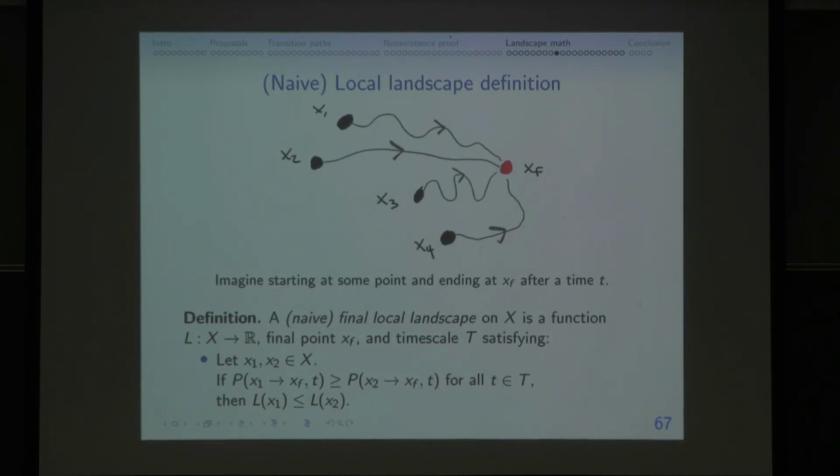So why do you say that the landscape has to be lower there? I don't get that. So if you think about, for example, imagine a steady state probability distribution with one peak and another peak or something like that. When people think about the landscape, they imagine regions of high probability to correspond to low valleys. Yeah, but if you have a landscape, the actual probability that you end up in a well is not necessarily the depth of the well. No, it's not necessarily the depth of the well.